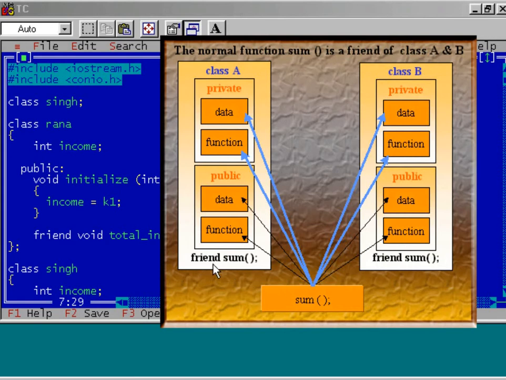In this diagram, I have shown the non-member function sum is a friend function of class A, for which I use the keyword friend. This is a declaration that the function sum is a friend function of class A, which gives the authority to this function to access the private members of class A. I mean private members of the object created using class A. Simultaneously, I declare the function sum as a friend function of class B. And the result is this non-member function sum has full authority to access the private members of the object created using class B. Is it clear to you?